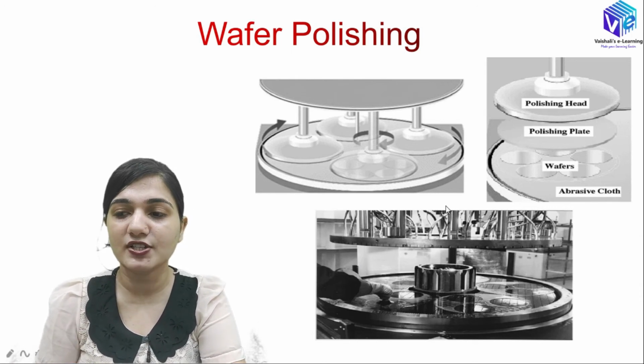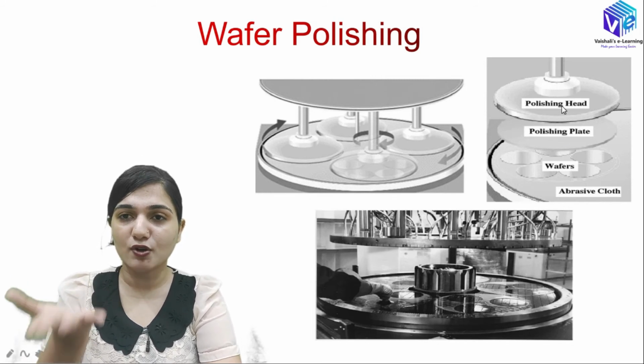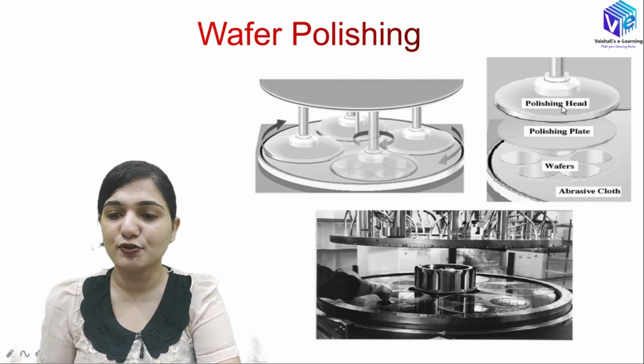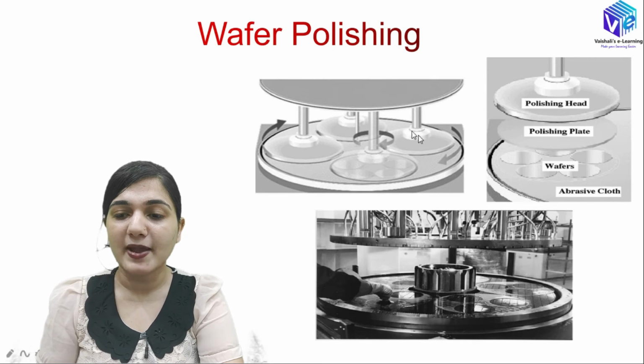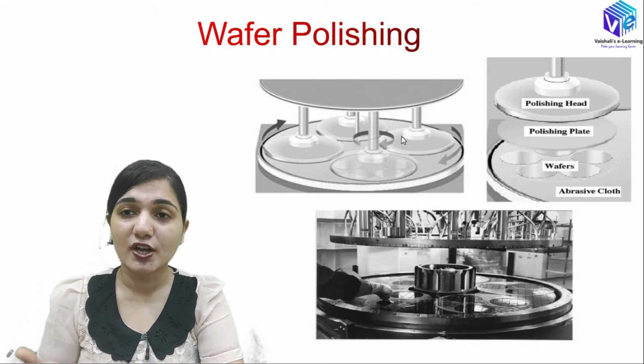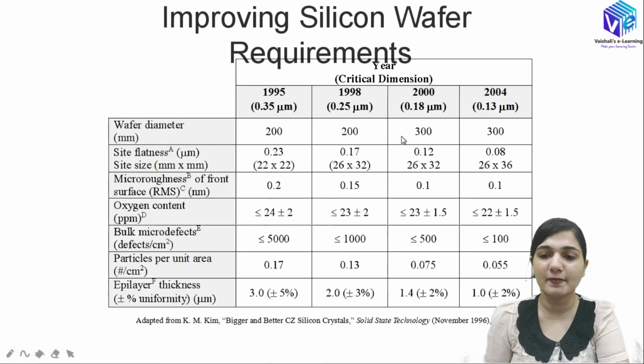After all of the processes, we have the wafer polishing. In the wafer polishing, we will be covering one surface with the polishing. The surface which is on the top, we will be polishing it. You can see here we have this technique for making our wafer completely defect free. This is how we will be manufacturing our silicon.